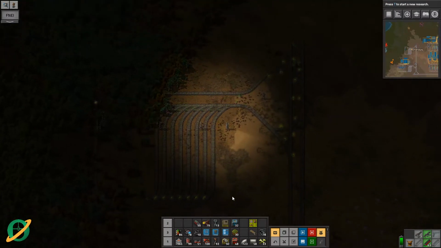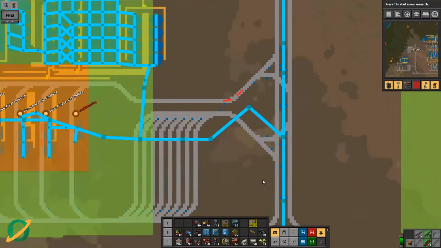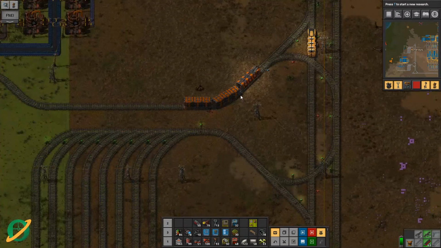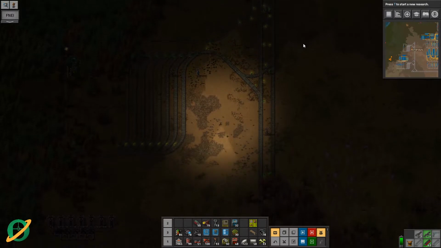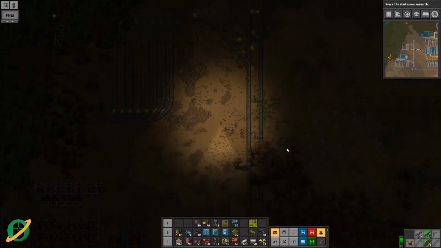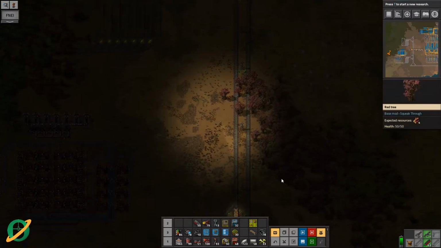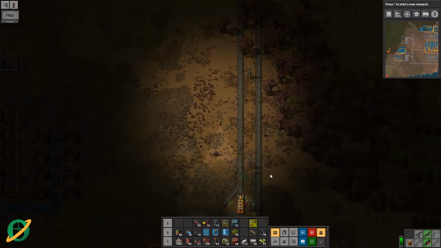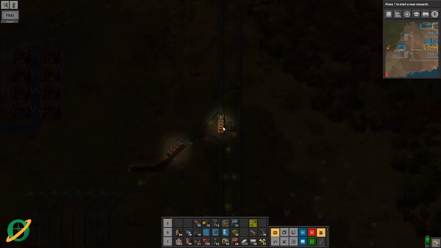Where did I leave my construction train? So look at the map. It is down there. Yep, there it is, blocking the path. Of course it is. Blocking the path delightfully. Let us jump in there and get it off the track, and then we'll jump down and we'll start making some sodium hydroxide and